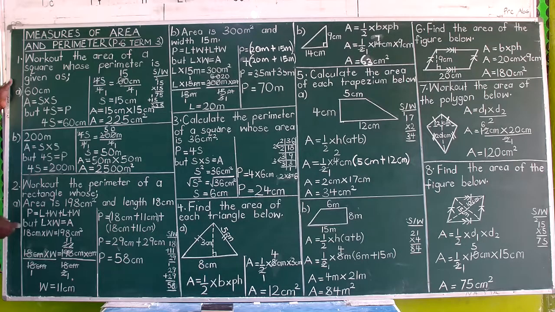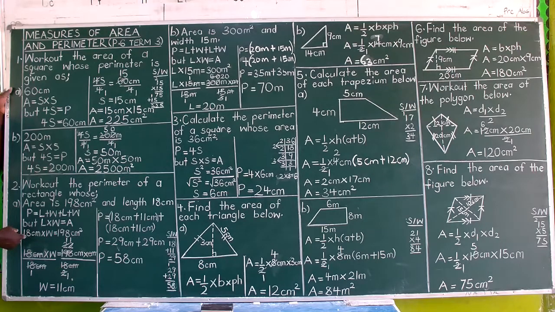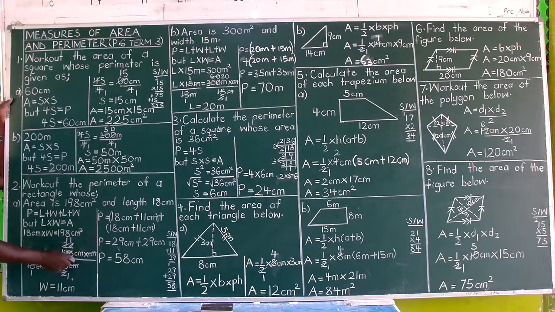So we say, length times width is equal to area. We don't know the width, we know the length. So we substitute: 18 centimeters is the length, times the width, which remains W, equals the area, which is 196 centimeters squared. And now we are going to divide both sides by 18 centimeters. You say 18 centimeters times width divided by 18 centimeters equals 196 centimeters times centimeter, that's centimeter squared, divided by 18 centimeters.